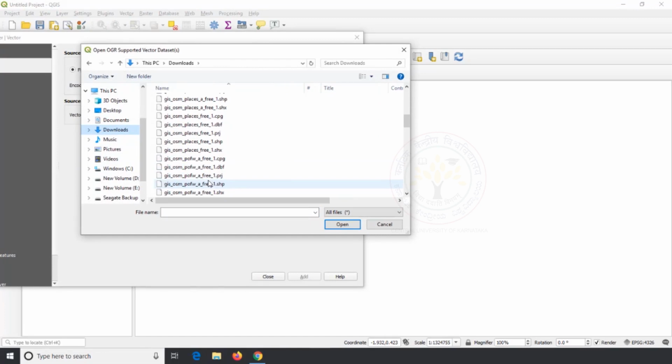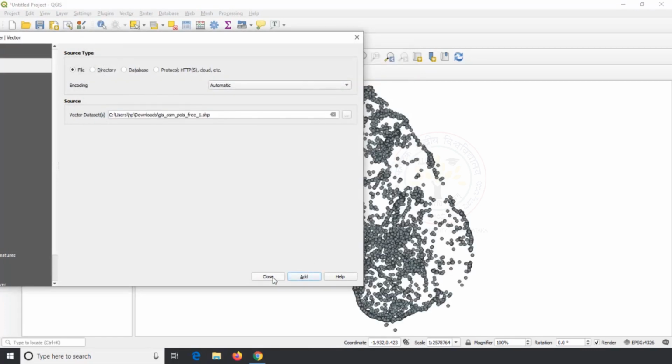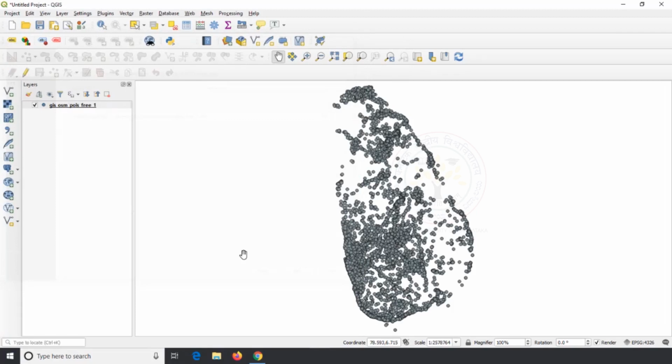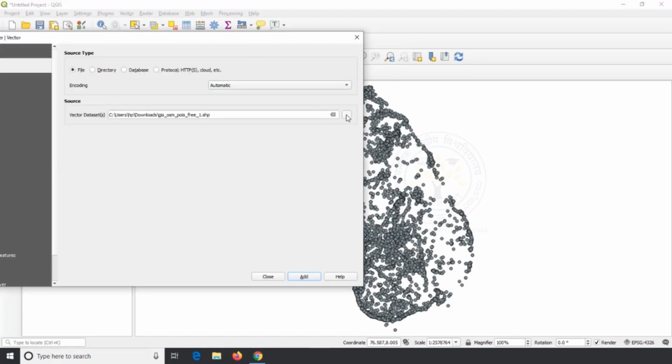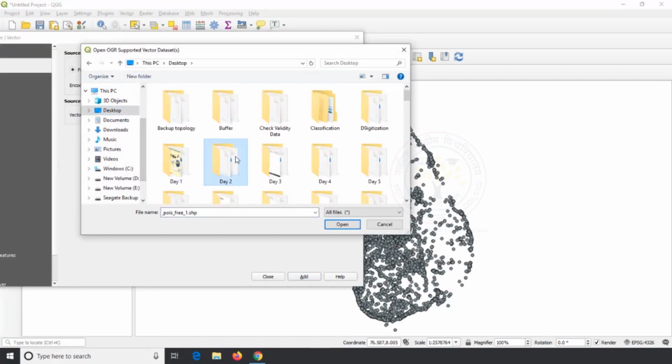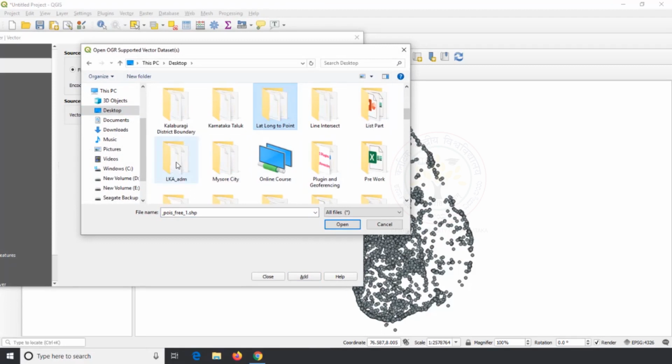For this exercise, I am going to use GIS OSM POIs free shape file which was downloaded from Geofabrik website and LKA admin 1 boundary that was downloaded from DIVA-GIS.